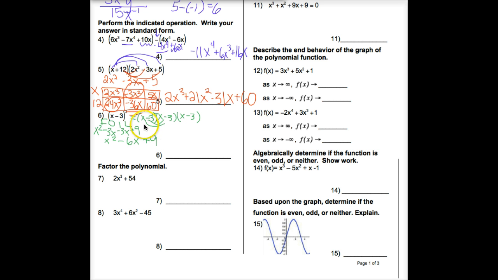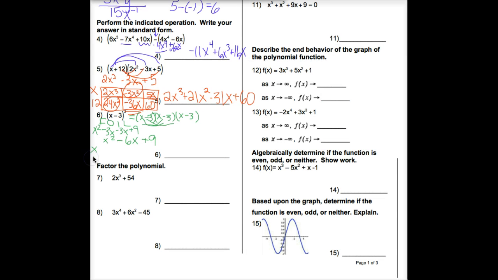So that gives me x squared minus 6x plus 9. I now don't write that in your final answer. We're not done. The only thing we've done is these 2. I still need to multiply by this other x minus 3. So I'm going to box that